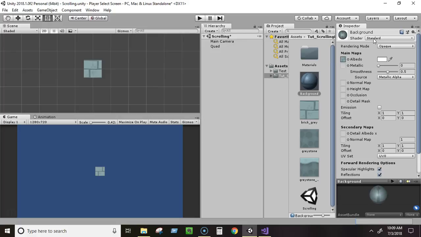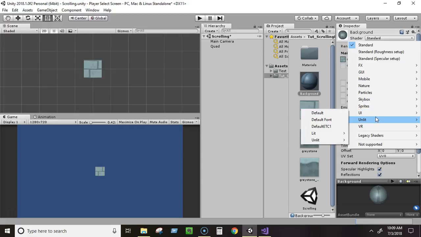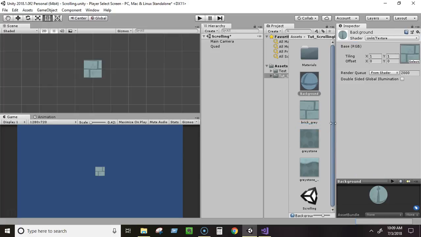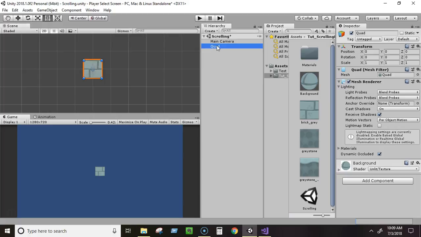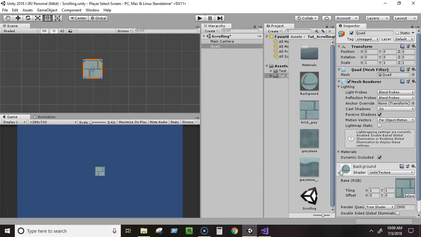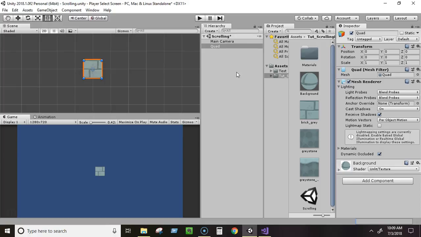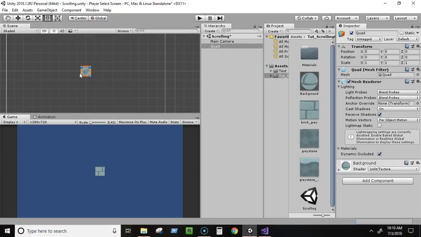And now again I'm going to go into the shader, and from the unlit I will select texture. So now this is going to be like this, and now I'm going to drag this material instead of texture to this brick right here. And if you select the brick, as you can see, now we have the background material on the brick. Now one thing you will see is that our background is very small,